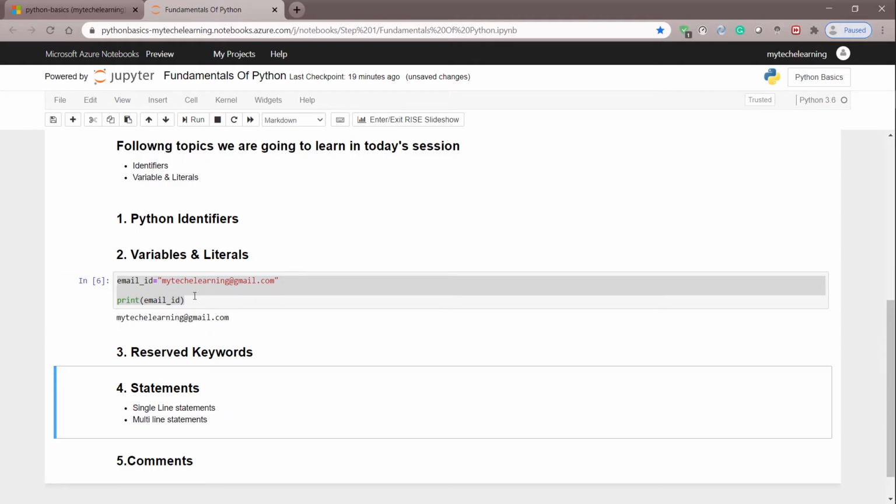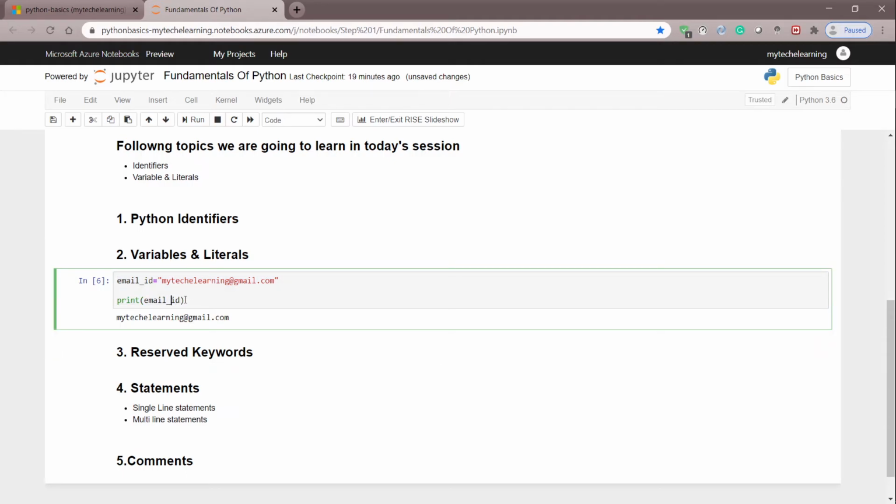And the second thing I want to bring to your notice is that I can define the variables like this, separated by, let's say, id. Okay, let me do this.